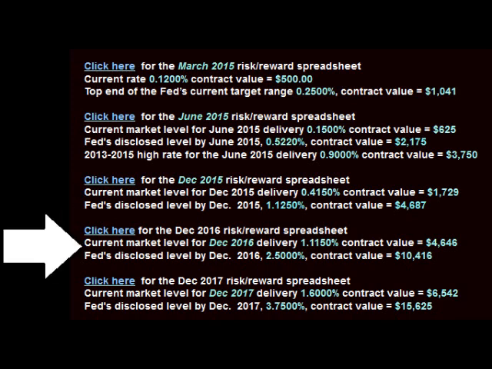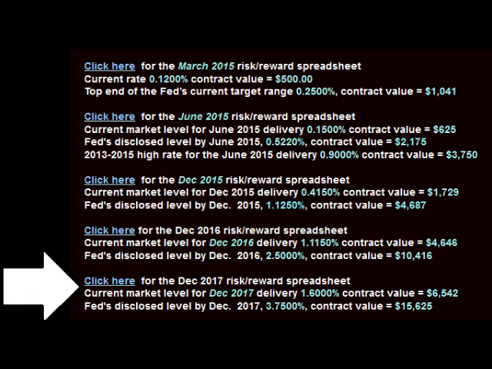$4,687. December 16 is currently trading at 1.150, contract value $4,646. If the D16 moves up to the Fed's target level of 2.500, the contract value will increase to $10,416. December 2017 is currently trading at a rate of 1.600, contract value $6,542. Should this move to the Fed's disclosed level by the end of December 2017 of 3.75%, the contract value will increase to